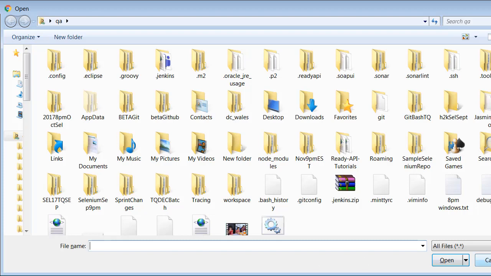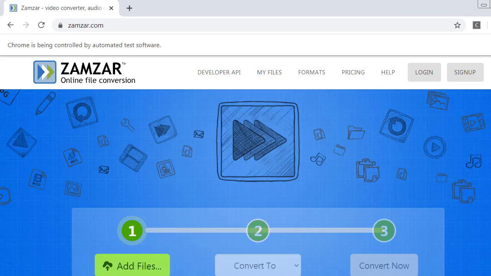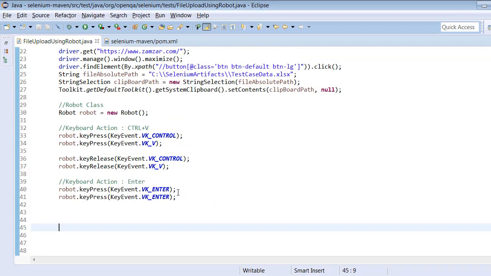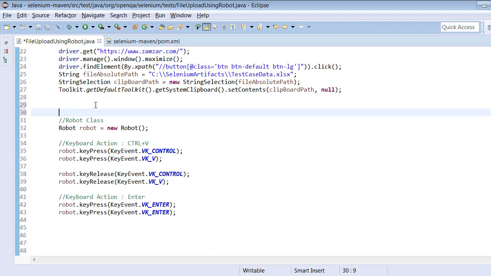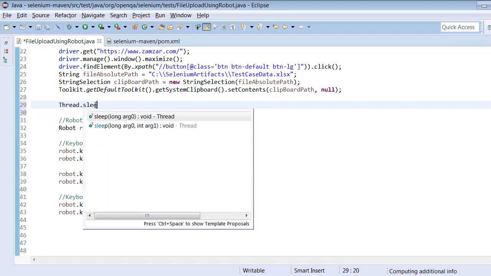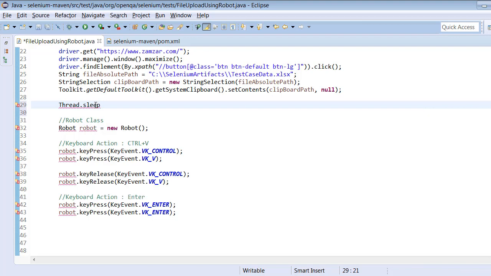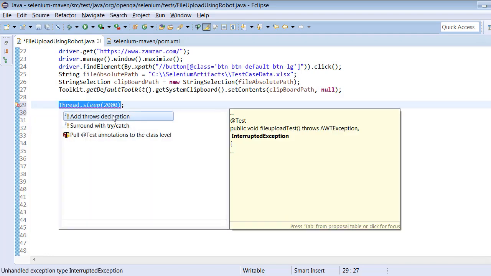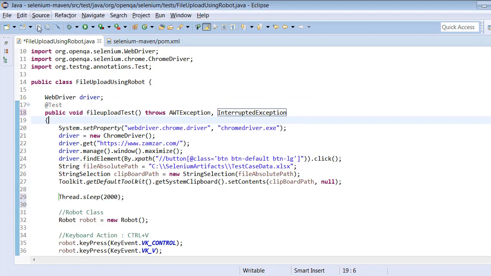What we can do here is, we will try to put some wait statement here. Thread dot sleep. We just give 2000 milliseconds. It might be possible that it will take some time. Once the dialog box is opened, we have to add some wait statement here so that it will be in sync with the dialog box. Now let me execute this program.